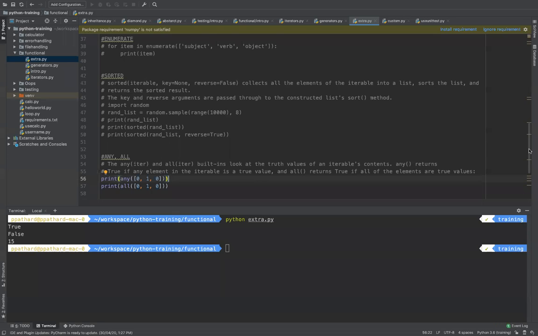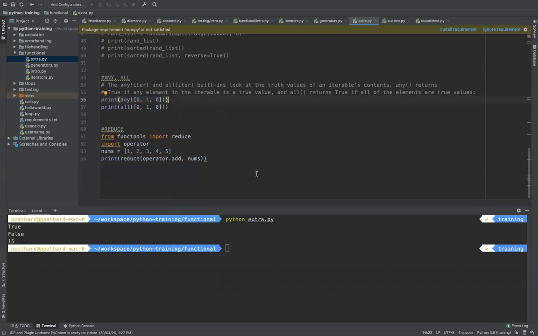Now these are used very heavily in some of the libraries that people have written. Now I'm going to introduce you to two modules. One module is called the operator module.